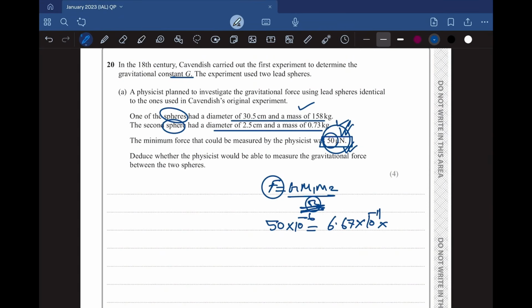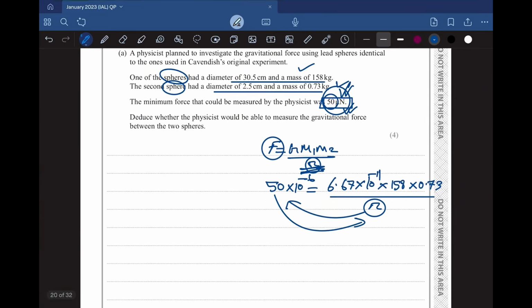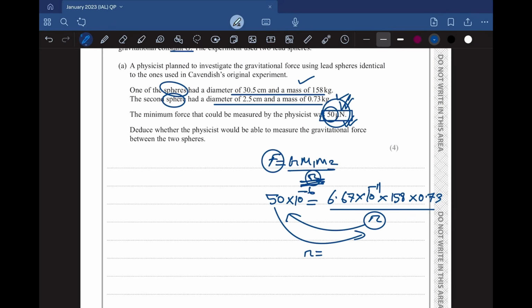One is 158 into 0.73, right? I'll convert both of them, divided by the radius. So we'll just have to make this radius the subject. So this radius will go right here and this value will come right here and we will divide it. So we'll figure out the radius value as r is equal to